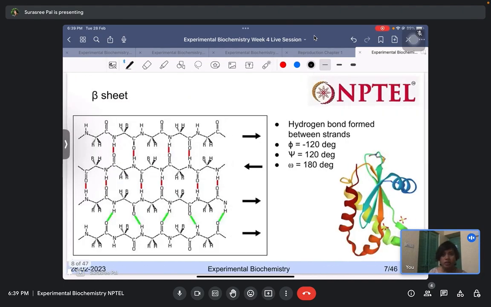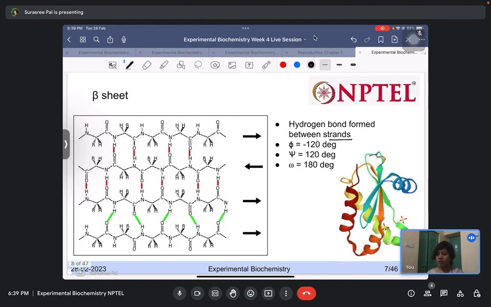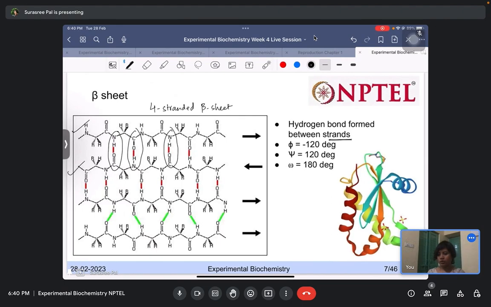Now what is a beta sheet? A beta sheet is when hydrogen bond is formed between two strands. So here this is called a strand, and you can see the formation of the hydrogen bond between the CO and NH groups, right? And this particular structure is called a 4-stranded beta sheet. You can see there are 1, 2, 3 and 4 strands, and the beta sheets can also be